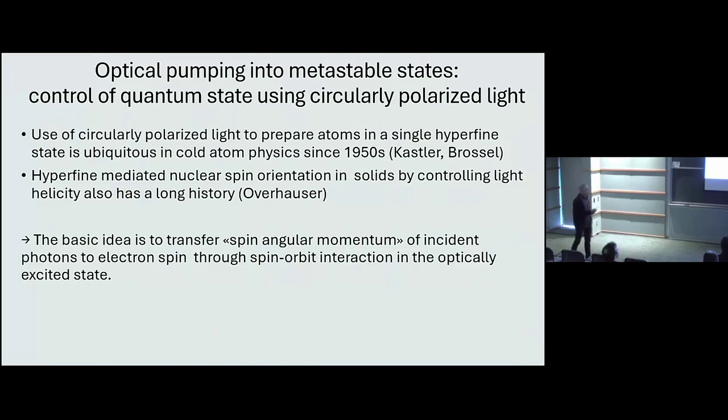The history really goes back to the 1950s, Alfred Kastler and Grossel, where they showed that even before lasers, by pumping the system with circularly polarized light, you can prepare atoms in certain hyperfine states. And when they reach these hyperfine states, your vacuum would probably be leaking before they find their way down to the lower energy states. It's really very metastable.